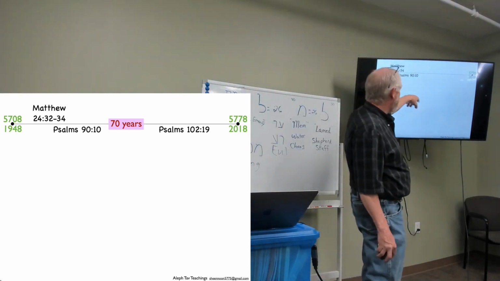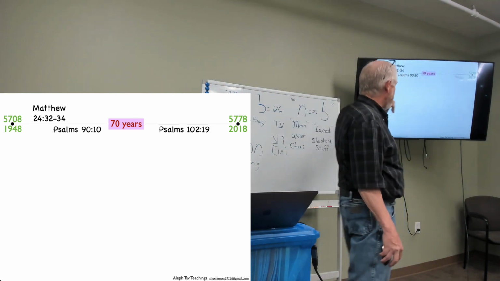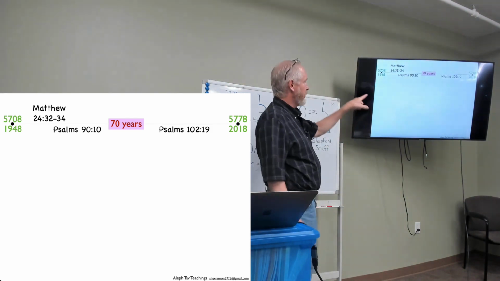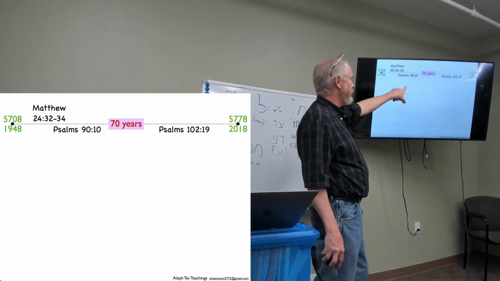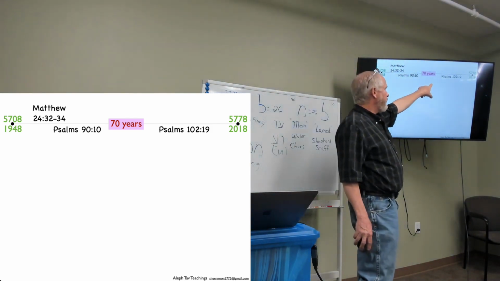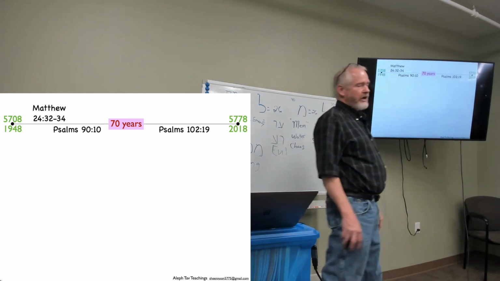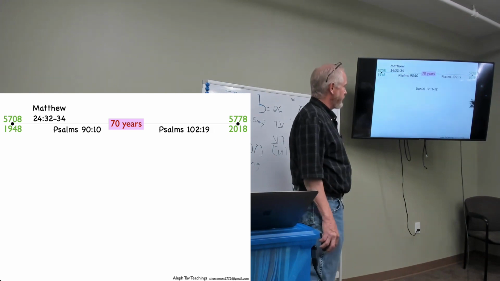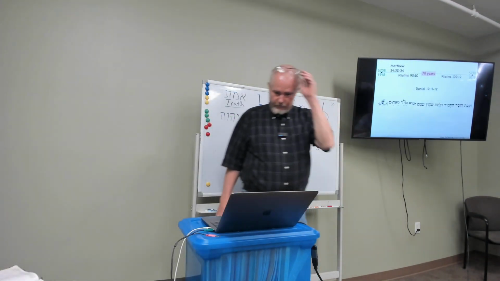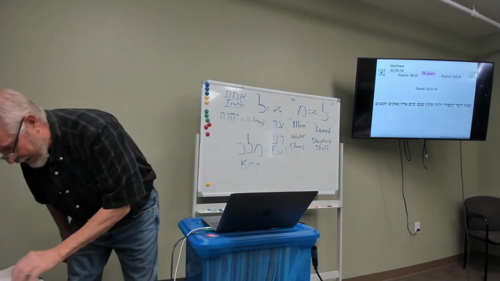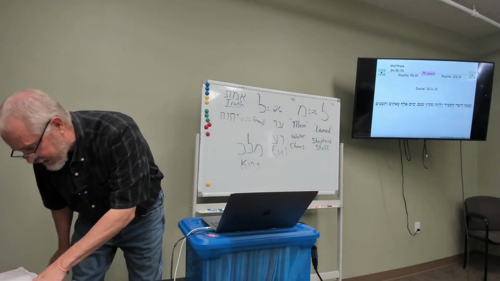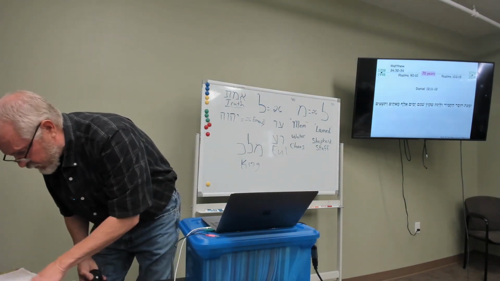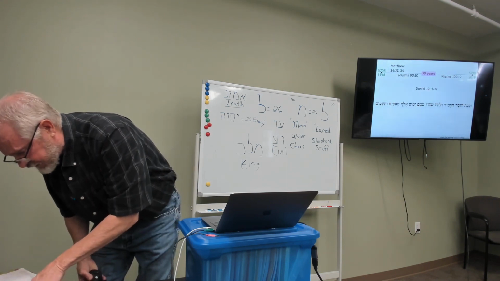So, boom, we're right there. 70 years. Also, not going to go into it, but you can write it down. You'll see it, we can reference it on the YouTube video, but Psalms 102:19 speaks of this newborn people. So in Daniel 12, 11 through 12, this is how we had to decipher this backwards, right? It says, from the time the daily offering was removed to the mute abomination put into place,